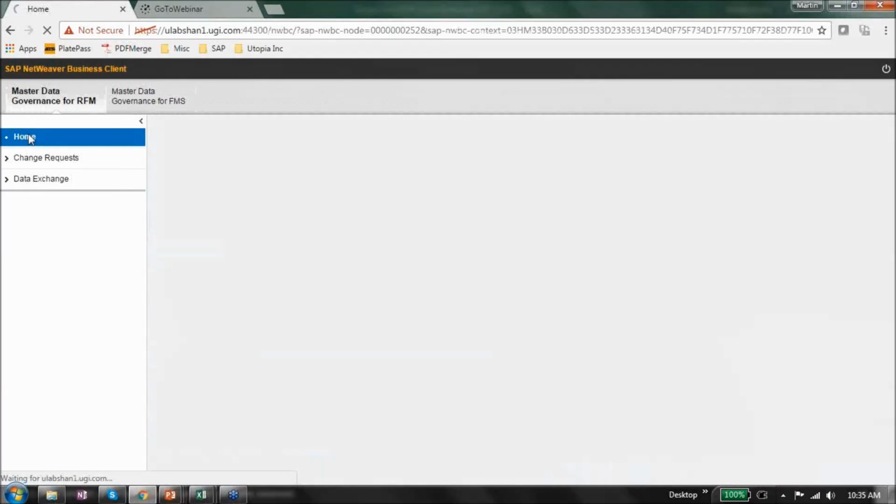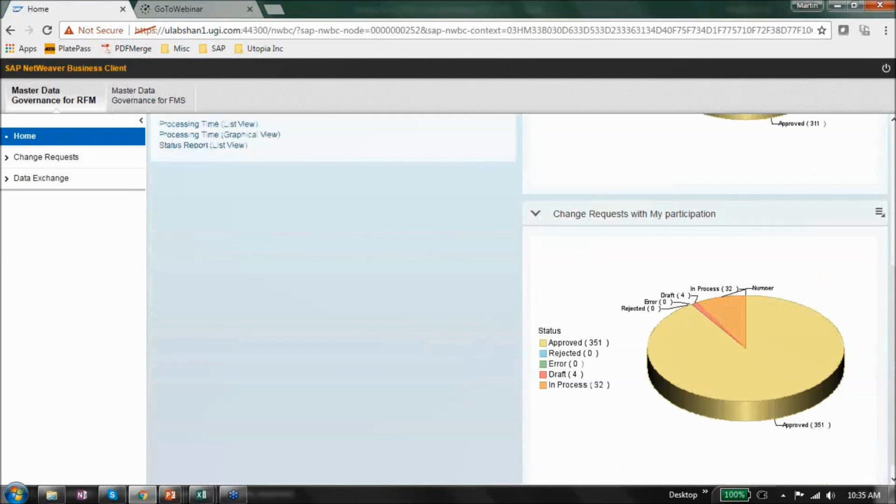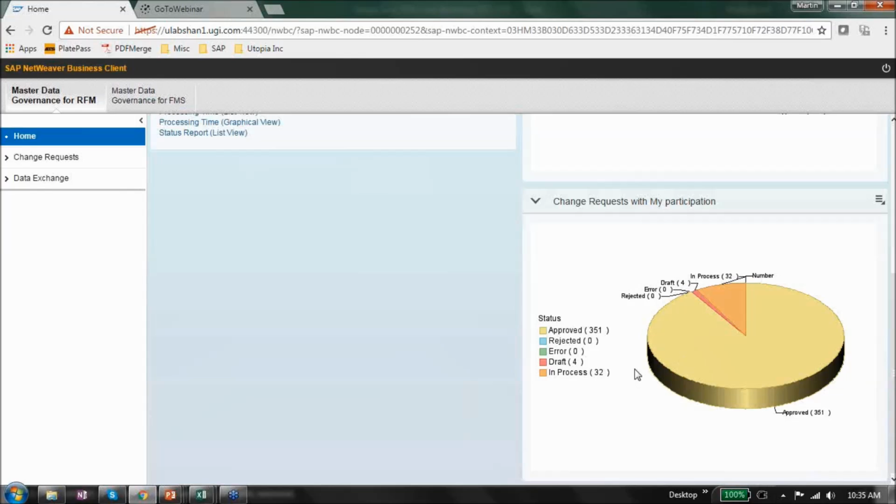I'll make sure that I still have connection, everything is running. The screen that you see here is actually the logon screen, and it comes standard with a pie. And you can see here, in this case, my change requests, or you can see change requests from my participation. So this is actually like when you get in the morning and you log on to the system, and you take a look and say, oh, I have one.